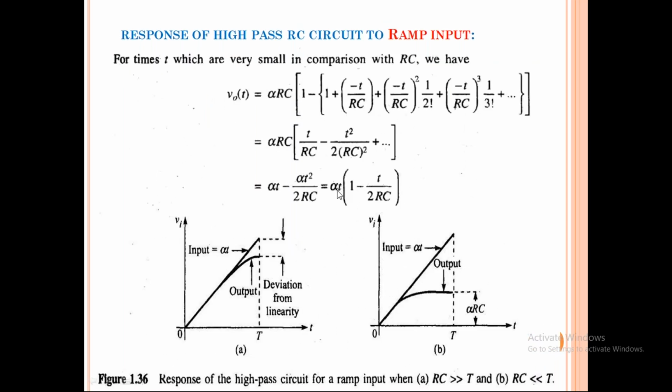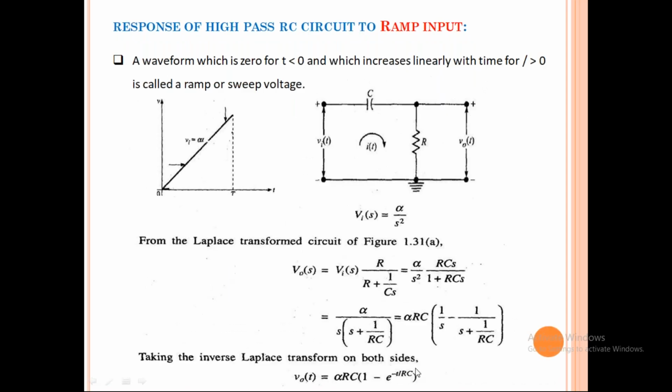And next one, here again there will be two conditions. So what are the conditions here? T is very small compared to RC. That means RC is a very large value. So RC is far greater than T condition. The first diagram you have to see. So RC is a very large value compared to T diagram.